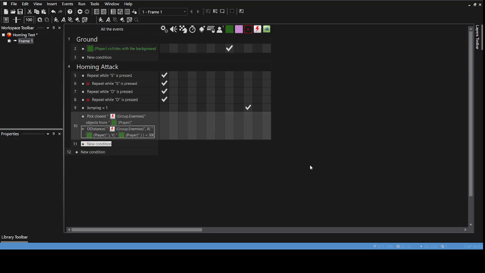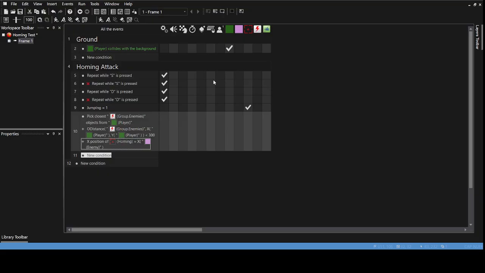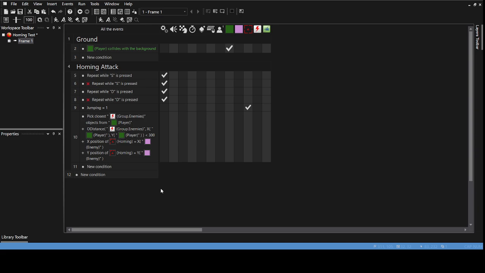Enemy position. X enemy, and then insert again. Position. Position Y, and then position Y coordinate. Enemy. You're gonna press OK, and then I believe we have one more if statement part of that, and it's